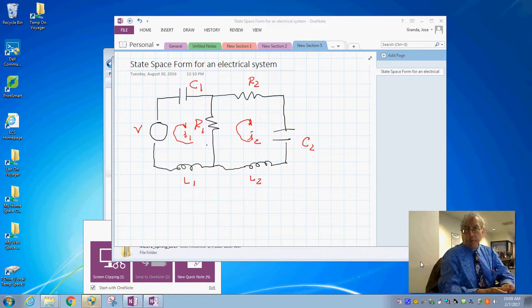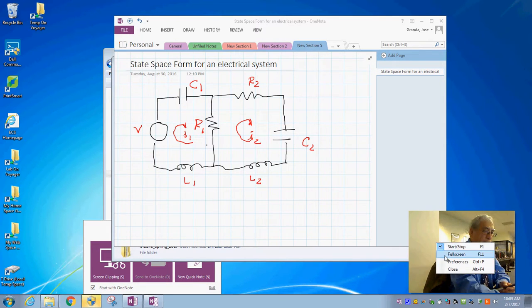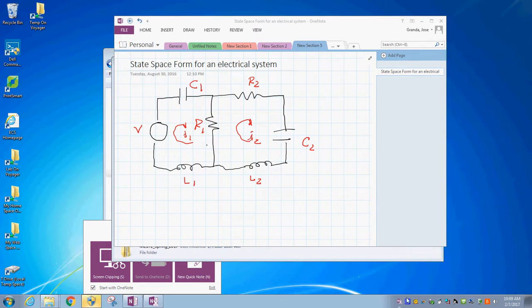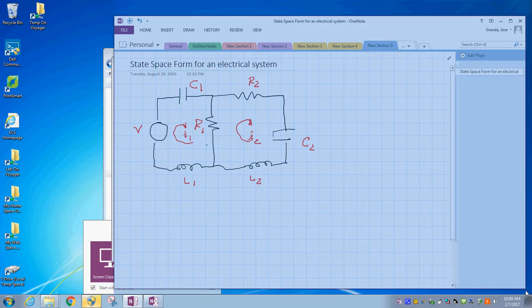Okay, today we are going to see the example that you see on the screen. It's an electrical system and it has two loops. Therefore, we will have two second-order differential equations, and our objective right now is to find the state space form for the system. So the first thing we're going to do is to derive the